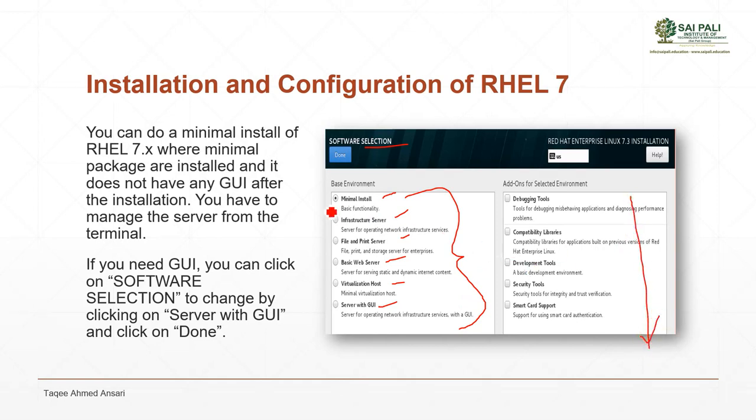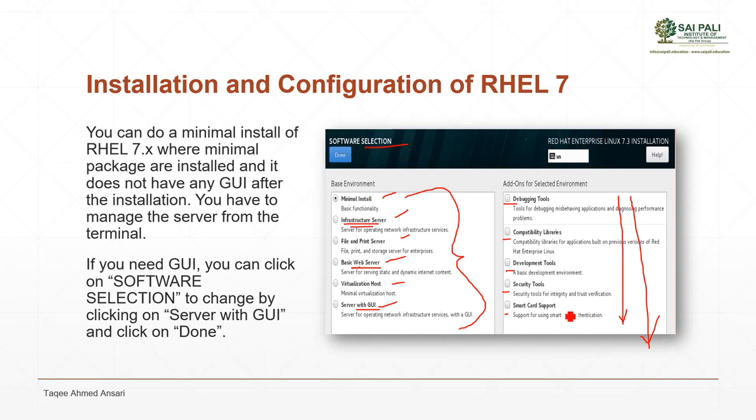So instead of selecting this, you can also select some advanced software from here. That means with this infrastructure you want web server also, so you can select infrastructure, and from here you can select the server, the packages for web servers. With web server you want graphic also, then you can select web server with graphic, you can select those from here. So you can see that option to select. This is like a custom selection.